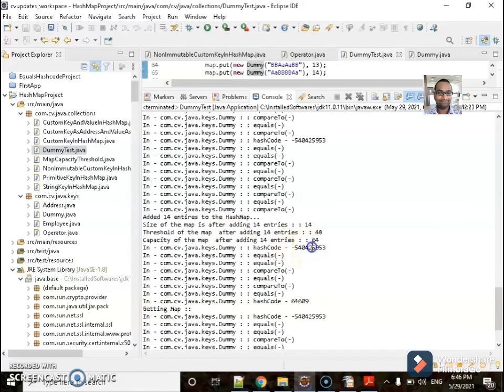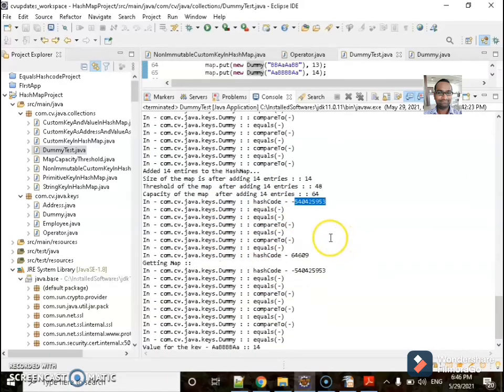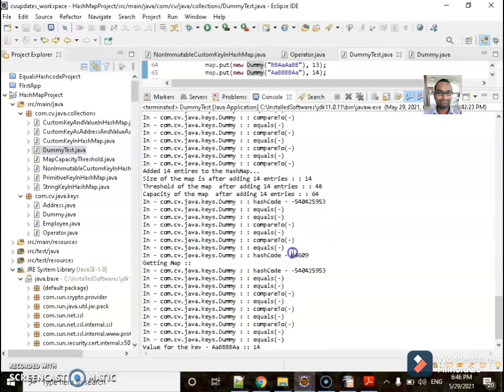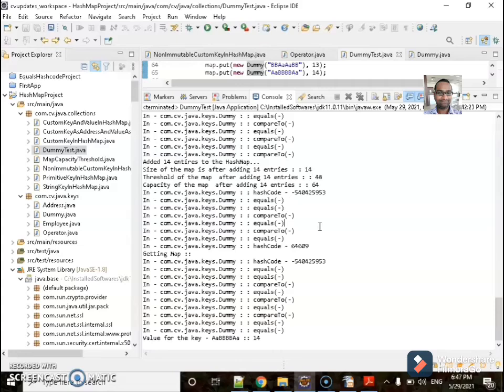When I am adding the 15th entry, the compareTo method has executed 2 times and the equals method has executed 4 times. So by overriding the compareTo method, the execution of the equals method and compareTo method is getting decreased as we are adding entries to the hash map.